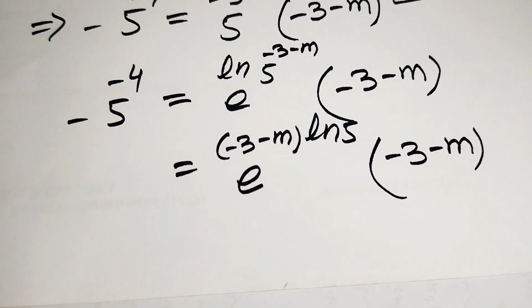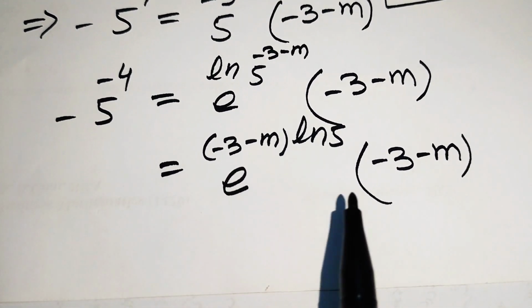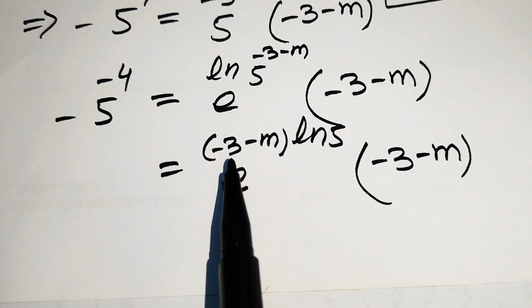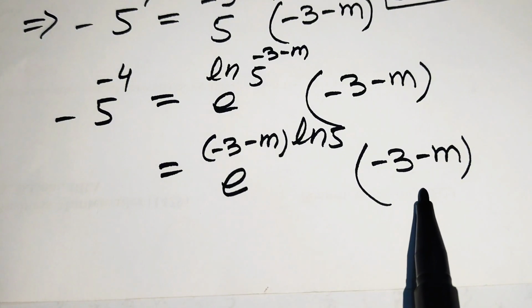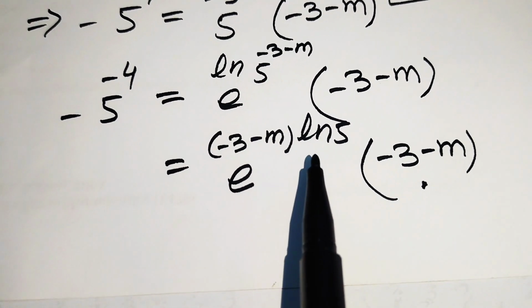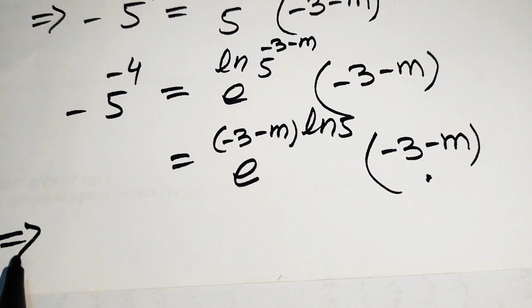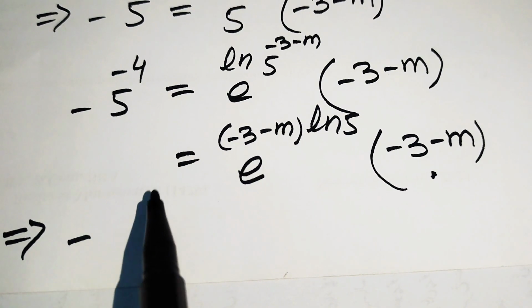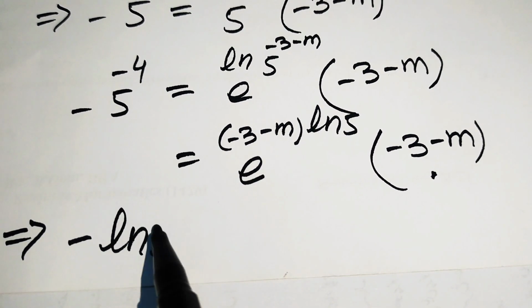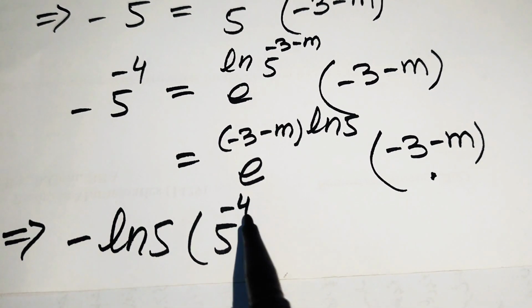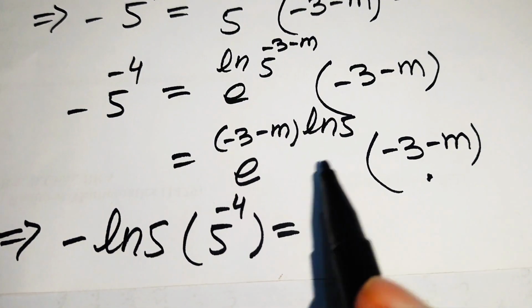So now, in order to convert to the standard form of the Lambert W function, we make the exponent of e multiplied by it. You see that we already have minus 3 minus m here, but we need log 5, so we multiply both sides by log 5. When we multiply both sides by log 5, the left side is written as minus log of 5 into 5 to the power of minus 4